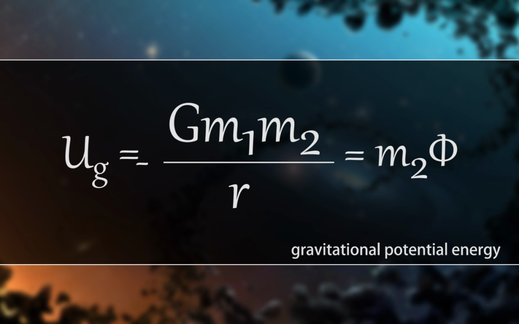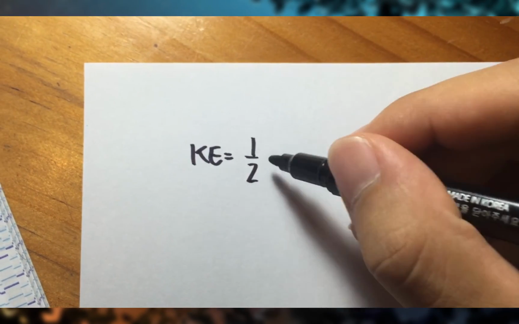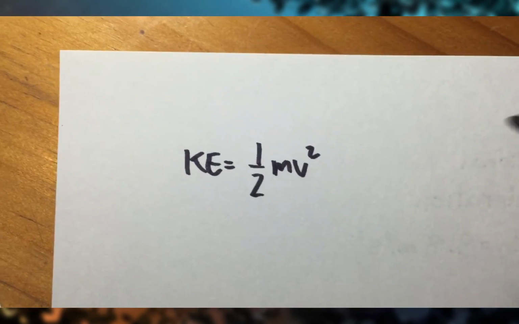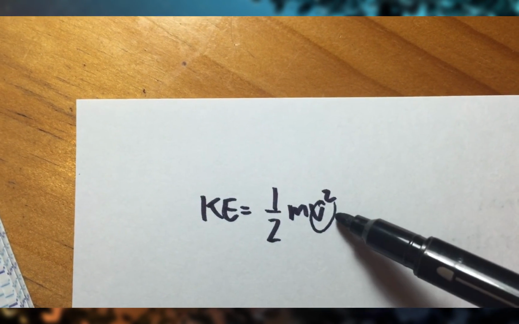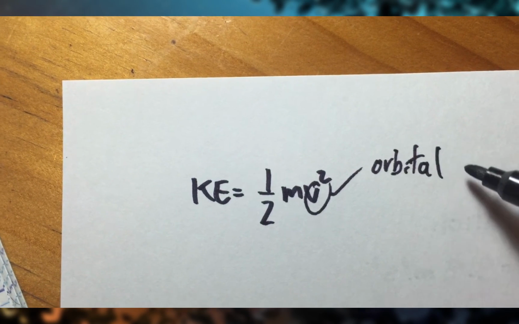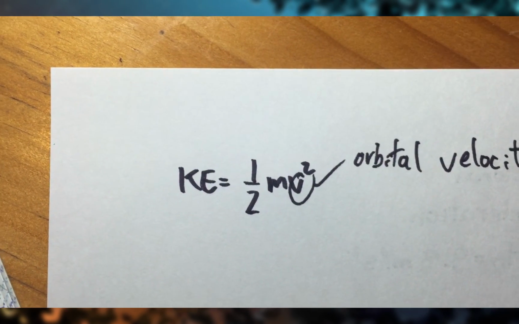Now let's talk about kinetic energy. Usually kinetic energy equals 1/2 mv squared. So in this topic we can change the velocity to the orbital velocity, which I have explained